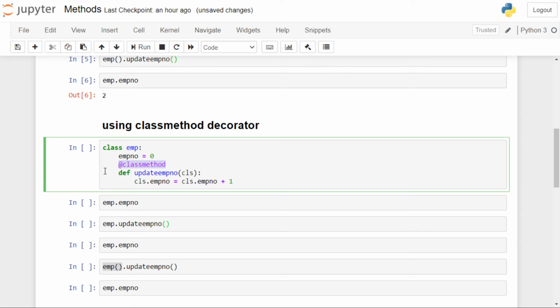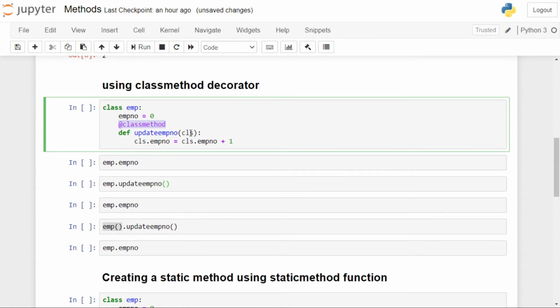The second syntax for converting a function inside a class into a class method is using the classmethod decorator. Your class is the same, class Emp. It contains one class variable emp_number. Using the method, we are updating the content of the class variable. We are incrementing it by 1. As the parameter cls is accessing the class variable, we have to convert this function into a class method. For converting this, we precede this function with a decorator. The syntax is @classmethod. By doing so, this cls will refer to the class Emp directly,